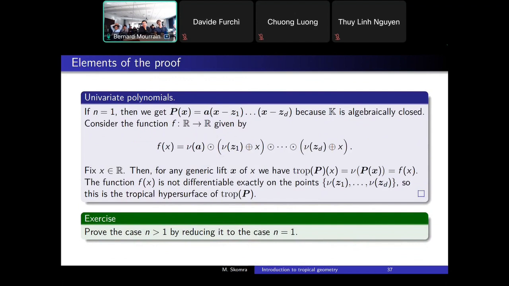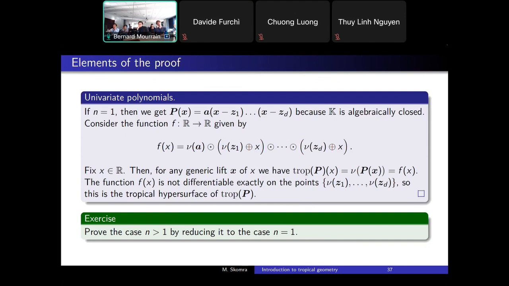And now we can prove this Kapranov theorem at least for one variable. So we do a univariate proof, and already the univariate proof is a very mysterious thing. Okay, so let us suppose that my polynomial is univariate. So I told you that the field is algebraically closed, so I can decompose my polynomial in this way. So since I have now this nice decomposition, I can, let's say, naively or formally apply tropicalization to this expression, right? So if I do that, I get this function